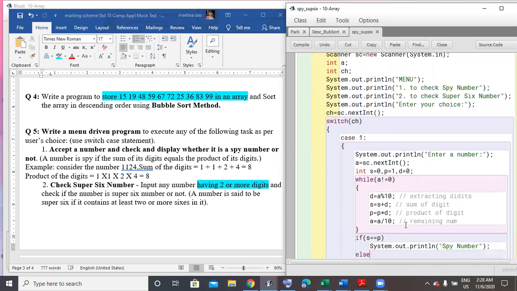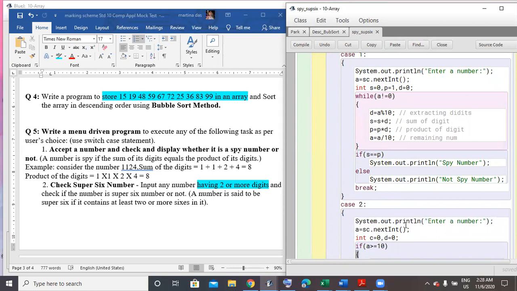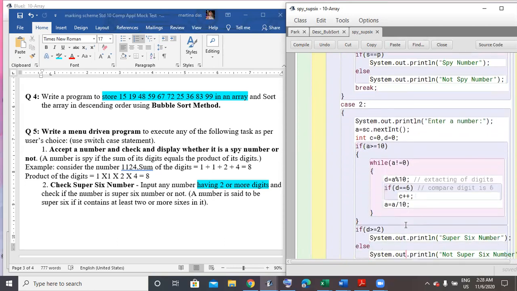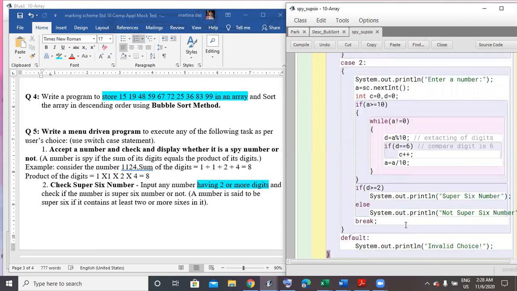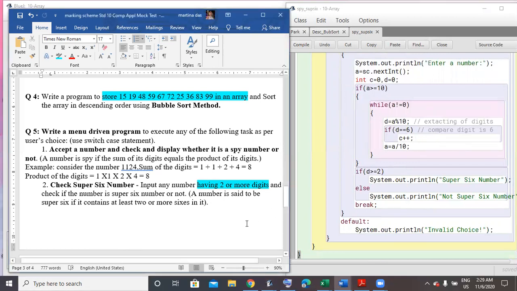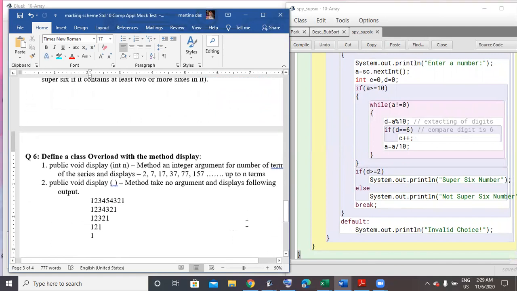After that, case 1 has the logic of spy number, case 2 has the logic of super 6 number, and default if none of the cases are matching. In that case, we come to our last question. Our last question is a question of function overloading. Let's solve it now.